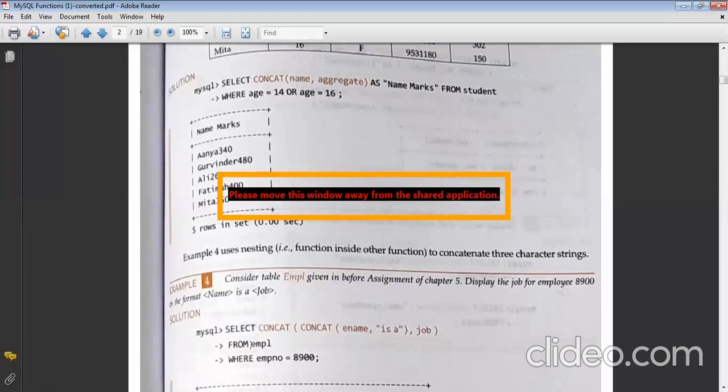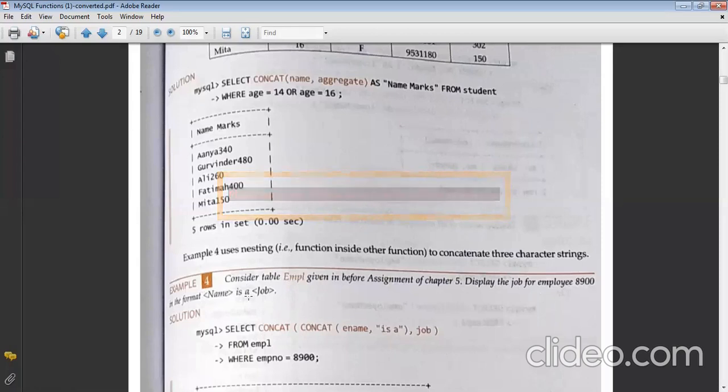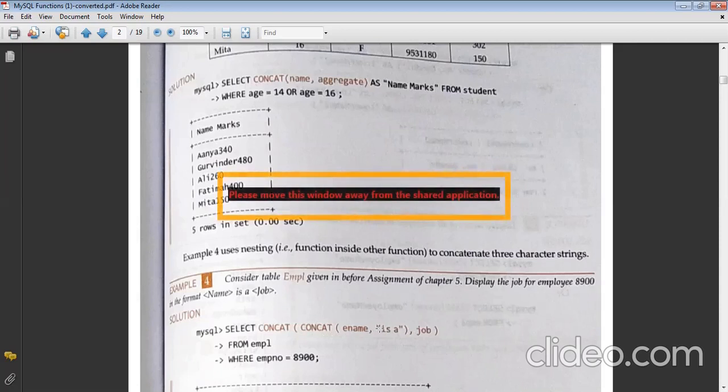So select concat. Now see, what we actually want to concat is our name and job. But between name and job, we want it to come like "name is a job". So we will use a nested concatenation over here. So concat ename and "is a", that means we can append. It is not always necessary कि आप कोई column को ही append करो या concat करो. You can in fact concat a string also.